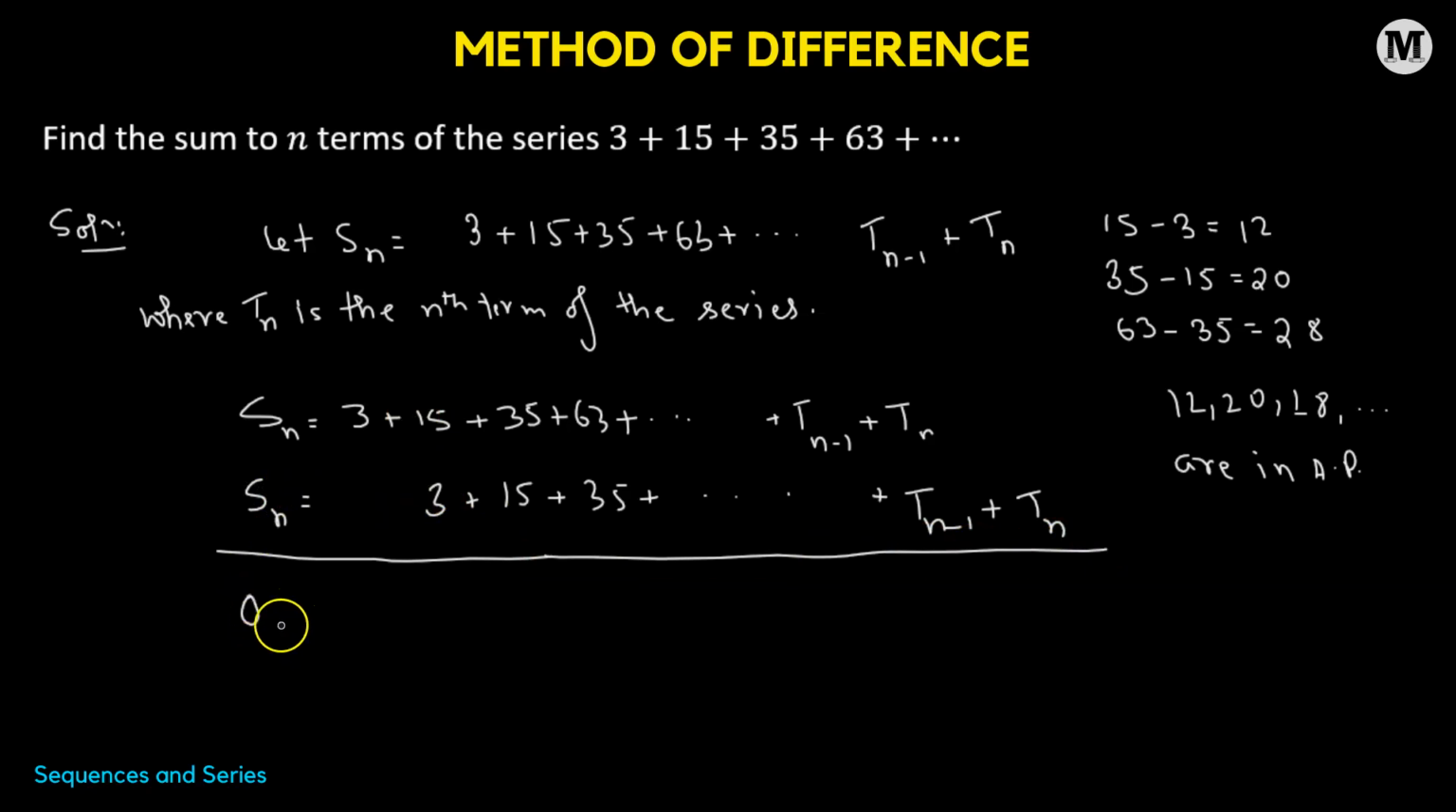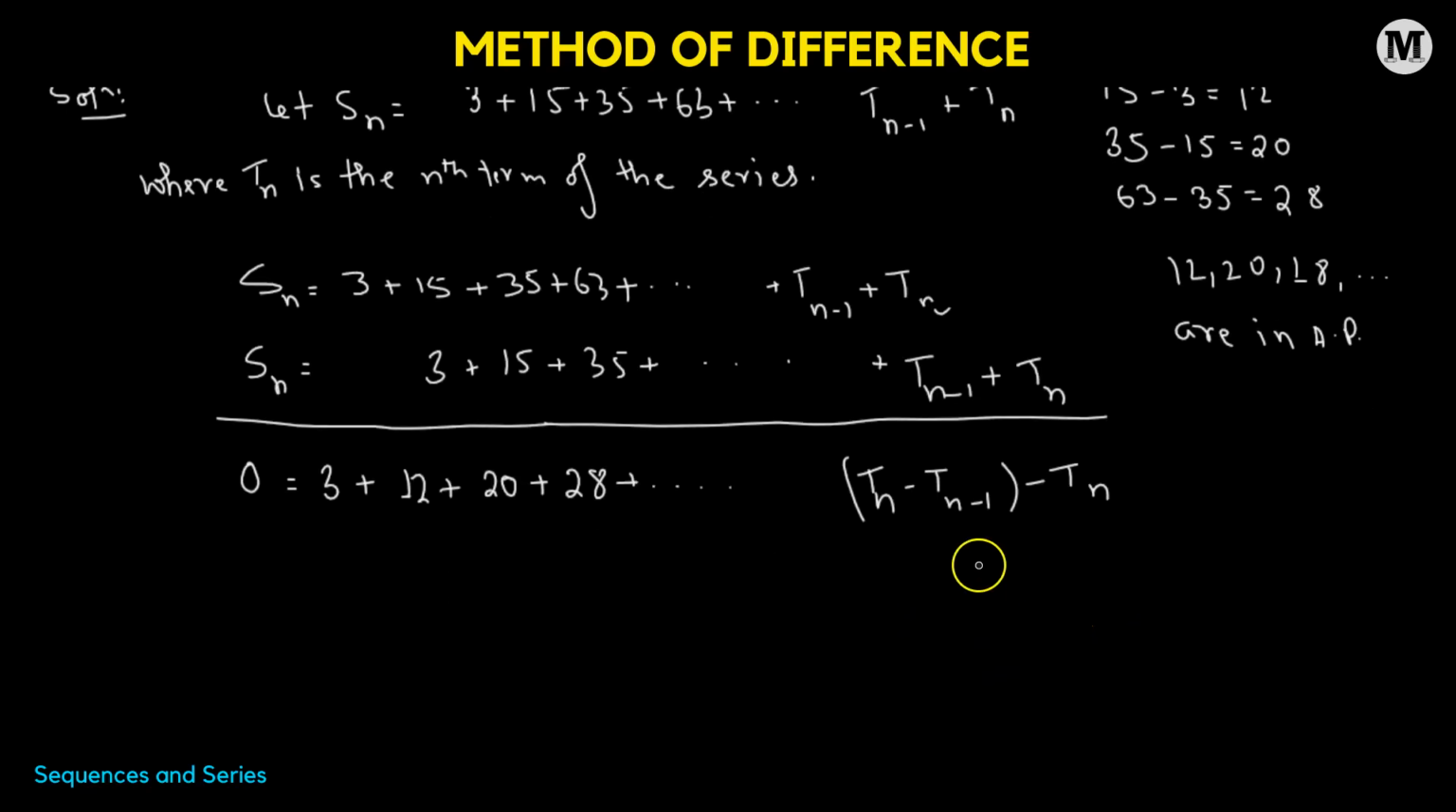Now on the left hand side, we simply have 0. We'll keep the first term as it is, that's 3. This will be added to 15 minus 3, so that's going to be 12. We've already talked about this. 35 minus 15, we have 20, added to 63 minus 35, so that's 28, going all the way up to the second last term. So we have Tn minus 1, and then we have minus Tn. Okay, now we will transpose Tn to the left hand side, so that gives us Tn equals 3 added to